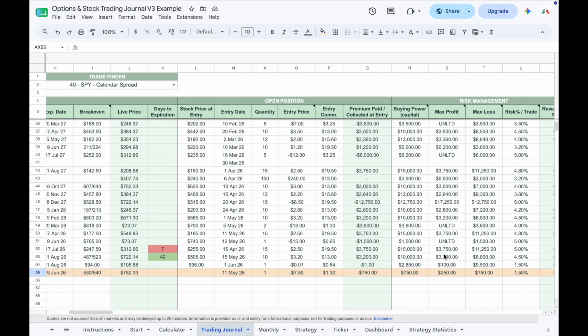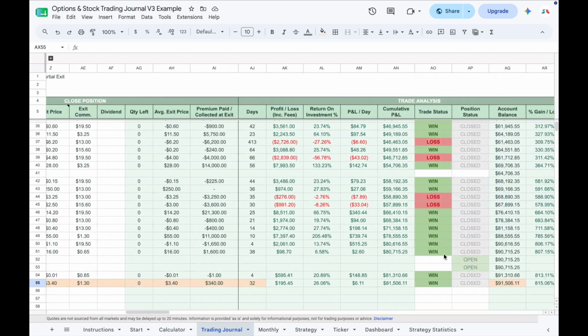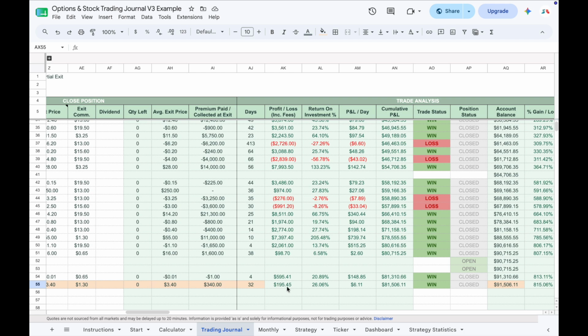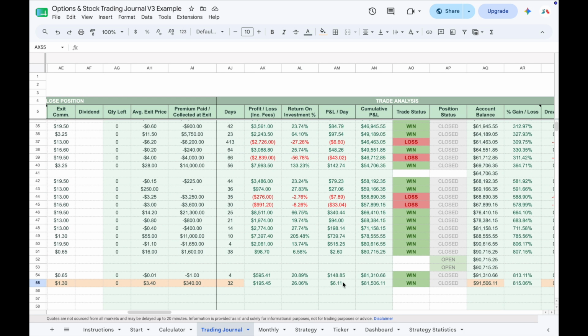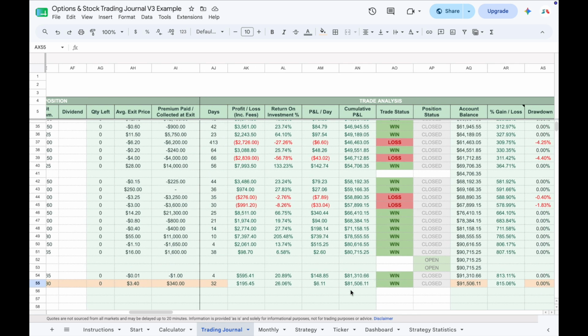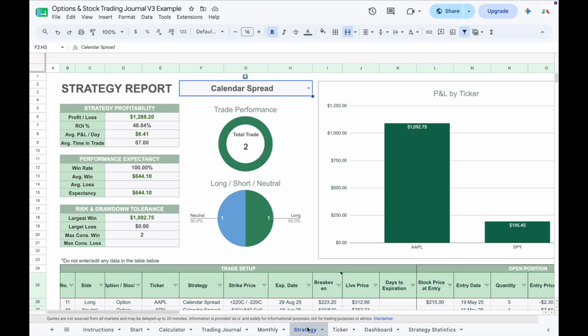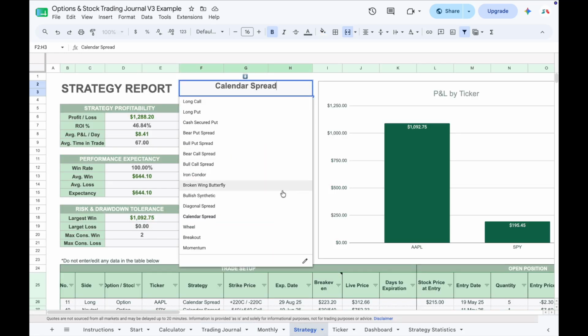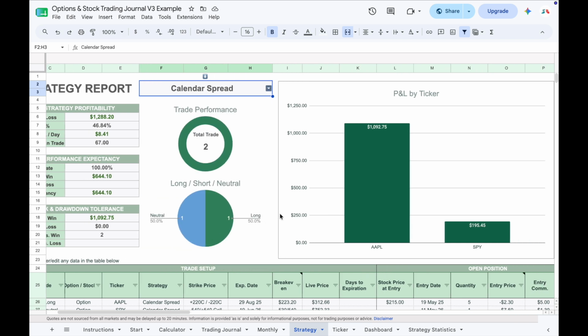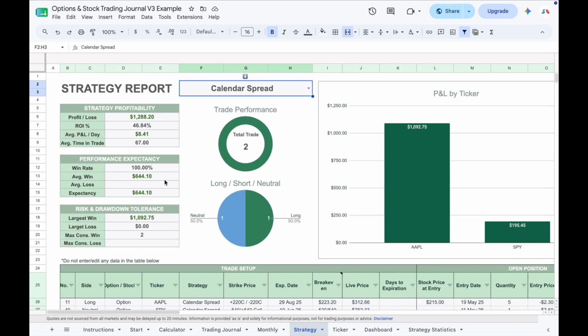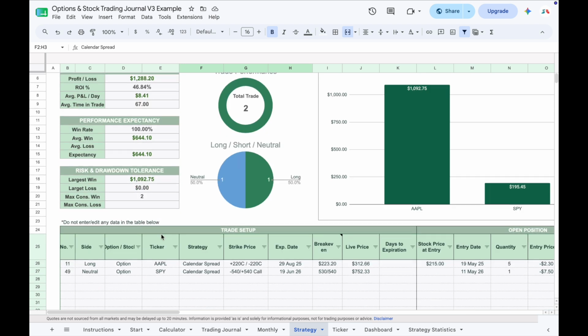The journal automatically calculates key performance metrics including days in trade, total profit and loss, return on investment, profit per day, and cumulative P&L. If you have traded multiple calendar spreads and want to know whether the strategy is actually profitable, simply open the Strategy tab, select Calendar Spread from the drop-down list, and you will instantly see statistics such as your win rate, average winning trade, average losing trade, largest win, largest loss, and your longest winning and losing streak. The table below also displays every calendar spread you have taken, so there is no need to search through